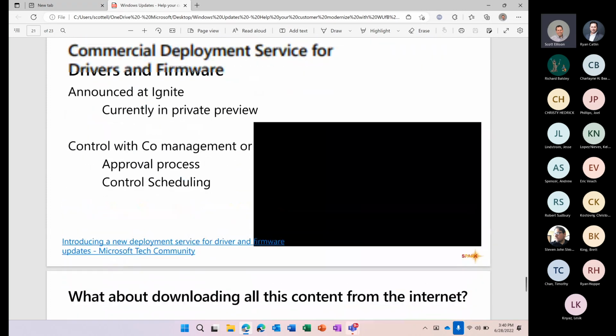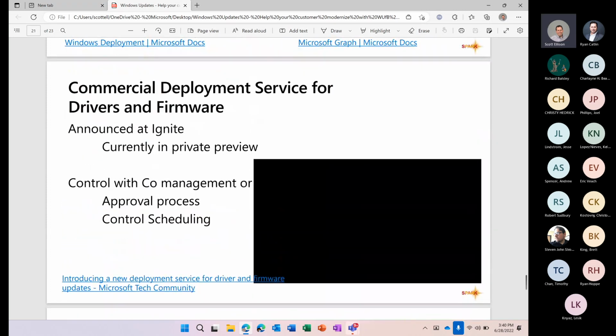Now, one of the things that still has not been released yet, and hopefully we announced this back in the spring of 2021, so I would have hoped by now we would have had something in private preview, but like with anything, until it gets to a point where we feel like it's ready, we're not going to release it. But we are still planning to have a commercial deployment service for drivers and firmware. And what this basically is going to be is a